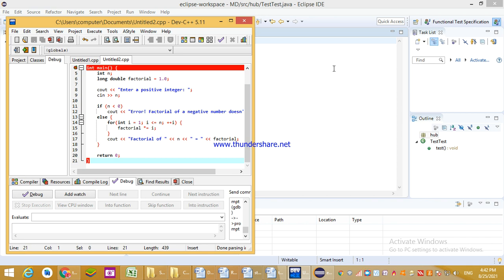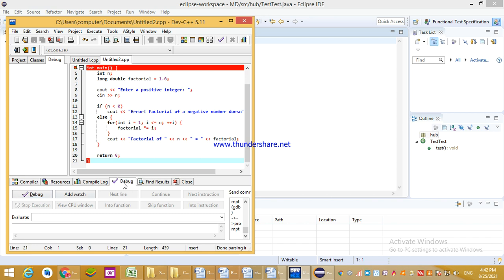But if there is an error in the program, then to find out on which line the error is coming, we can easily check that particular line and why the error is coming. We can specifically check that with the help of this debug option.